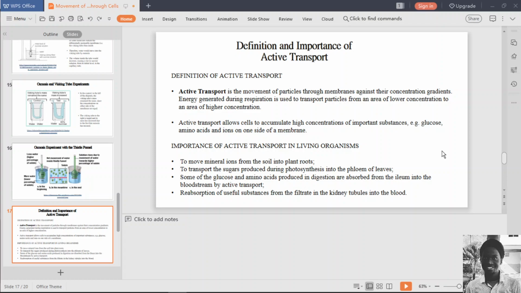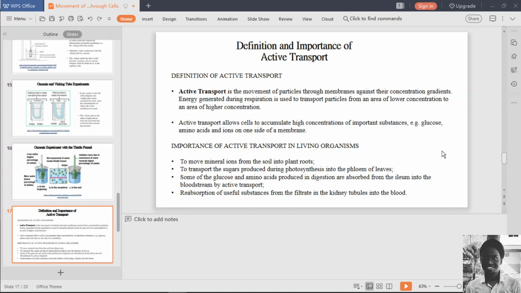So passive transport, that's diffusion and osmosis, no effort is required. Okay, you just need that gradient, okay, from high to low, right? Diffusion, high concentration of particles to low concentration of particles. Osmosis, high concentration of water to low concentration of water. So you need that gradient for diffusion and osmosis. However, active transport, it doesn't matter the gradient, you just need energy to push the molecules against the concentration gradient